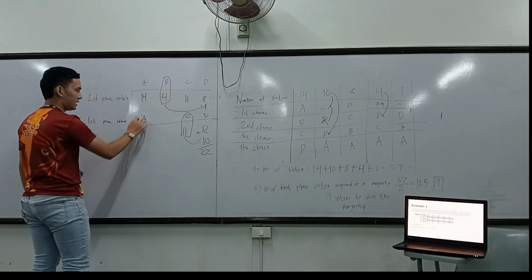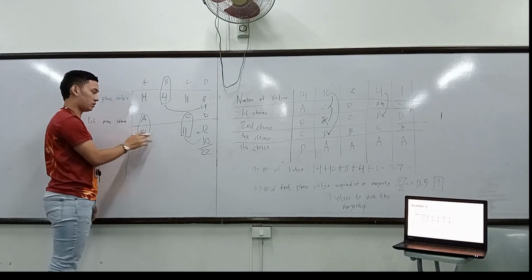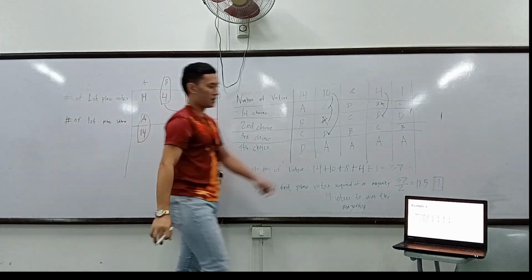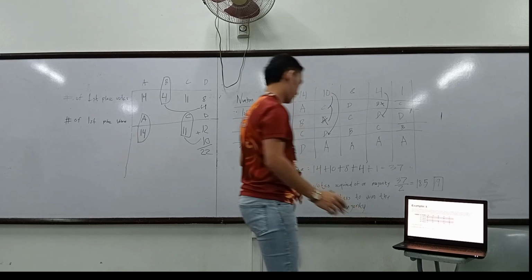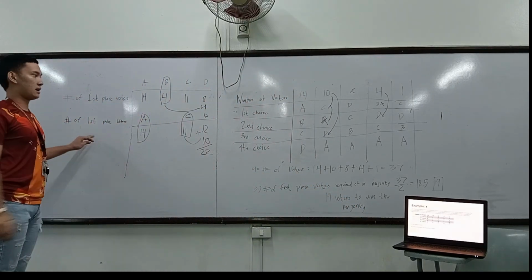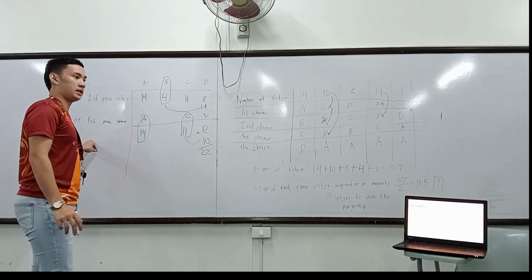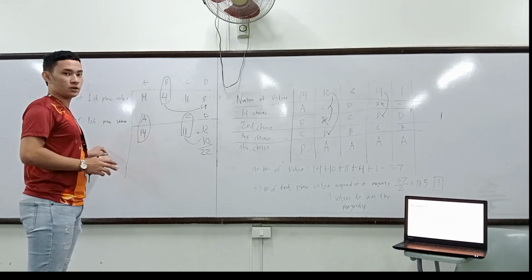So automatically, candidate A will be eliminated from this election because candidate B got the majority of voters in this example. So this is the first example of the plurality election voting method.